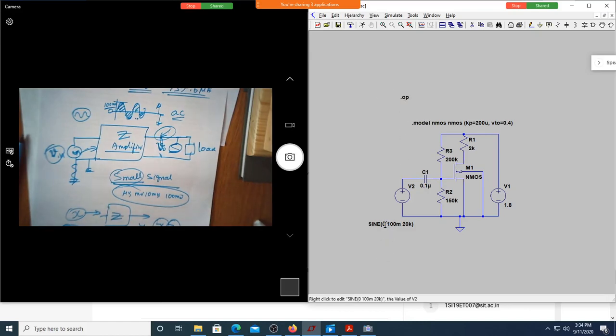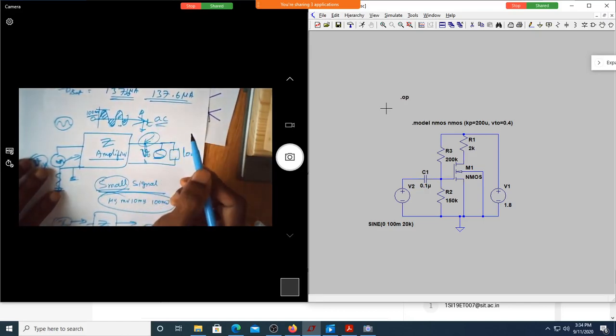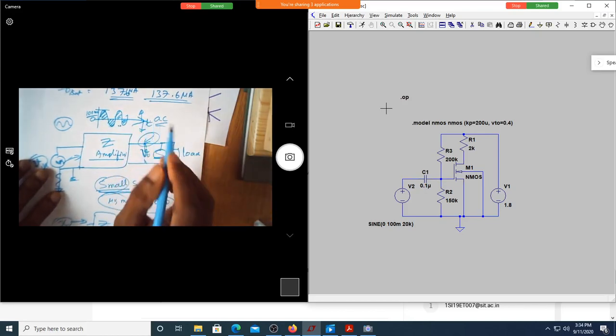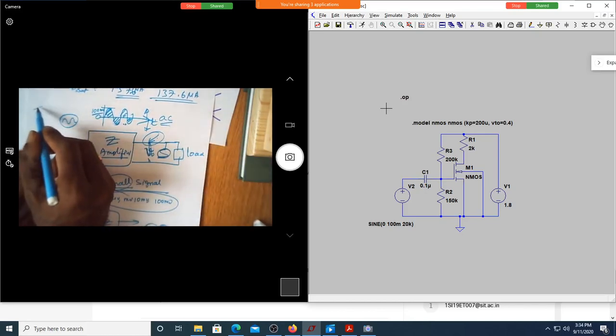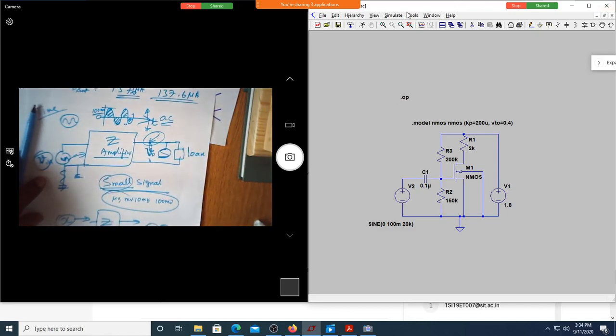You cannot see the AC signal. So if you want to see the AC signal, we have to go for transient analysis, because you have to see the waveform with respect to time, because what is there on the x-axis? Time, no? So when time is on the x-axis, the preferred analysis is time response or transient response. Shall we go to transient response?